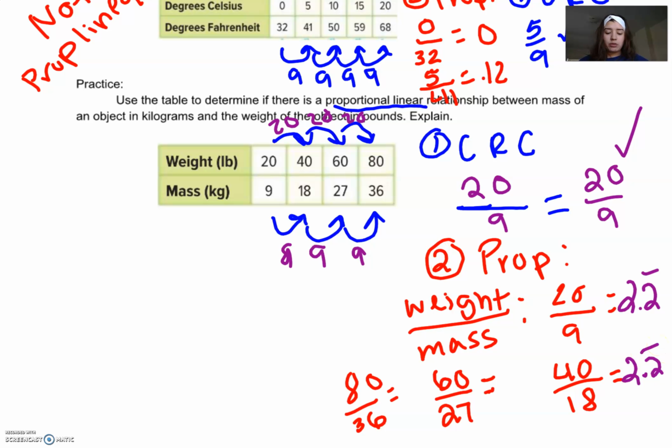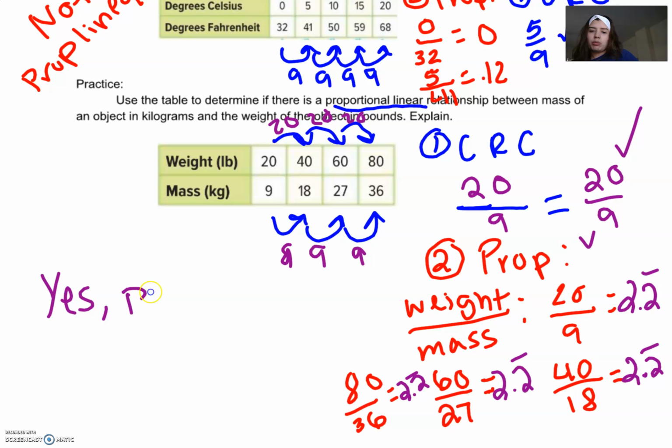Okay, and we have to keep checking every single option. We got 2.2 repeating again. And 2.2 repeating again. So it is proportional, it is constant, so this is a yes. It is a proportional